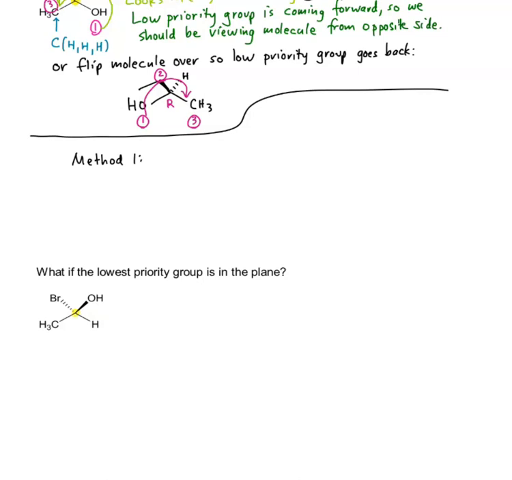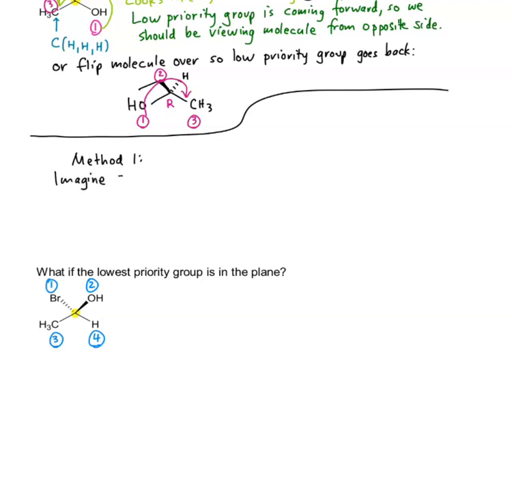Okay, first of all, let's assign our priorities. So it's going to be bromine as number 1, the OH as number 2, methyl group is number 3, and hydrogen is number 4. So in method 1, you want to use some creativity in terms of how you look at this two-dimensional structure, and you want to imagine yourself standing relative to that structure in a position where that bond to the hydrogen, the low priority group, is pointing away from you. So method 1